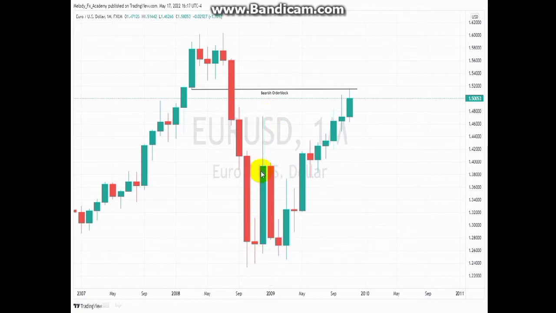Okay, now I want you to take your attention to this particular swing high right here. So what is resting above this old high? This is buy side liquidity, right? Those that went short here are going to trade their stop loss to this level, right? So now price started trading upwards. Our point of interest right now is for price to reach for this bearish order block. So what is going to be our bias until price gets to this bearish order block?